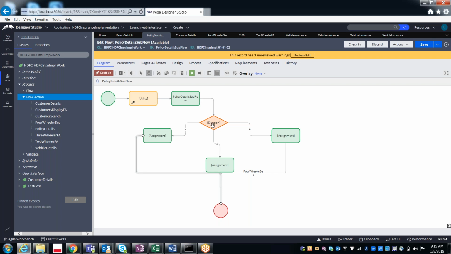After that, here we had something called a decision tree. Now this decision tree and all is not required. So remove it. Delete all the connectors which are coming from the decision shape.